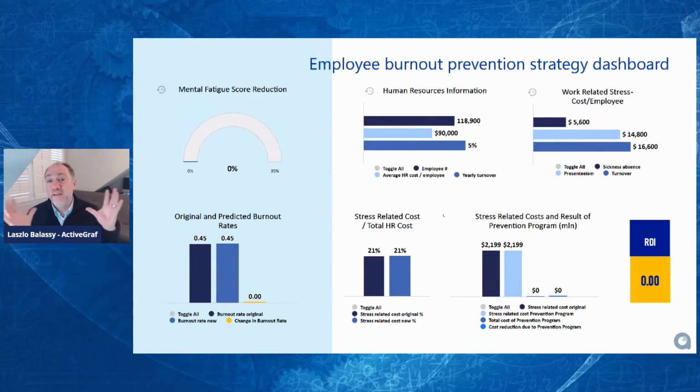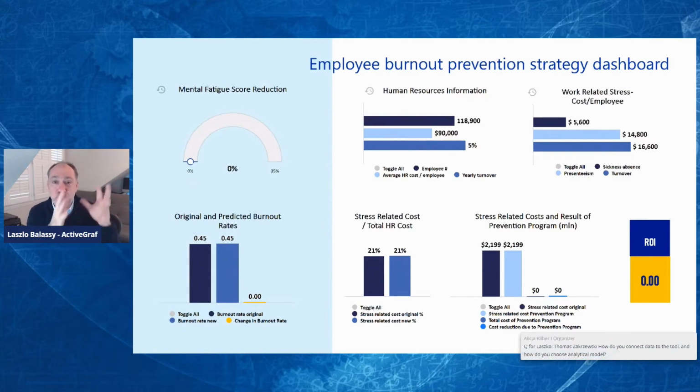It's fully running a machine learning adaptive algorithm on new samples in the background when I change that to recalculate the regression. So this is tied into Python, rerunning it, and basically making it more useful for decision makers, not having to call the data scientist and say, hey, run this version, hey, run that version. And so we can say, okay, well, how do we establish a strategy for preventing burnout? How do we do that? Well, what we do is we take this and say, one of the key determinants of burnout is mental fatigue score based on survey data. You survey your employees, and this is one of the various attributes that leads to burnout, not the only one.